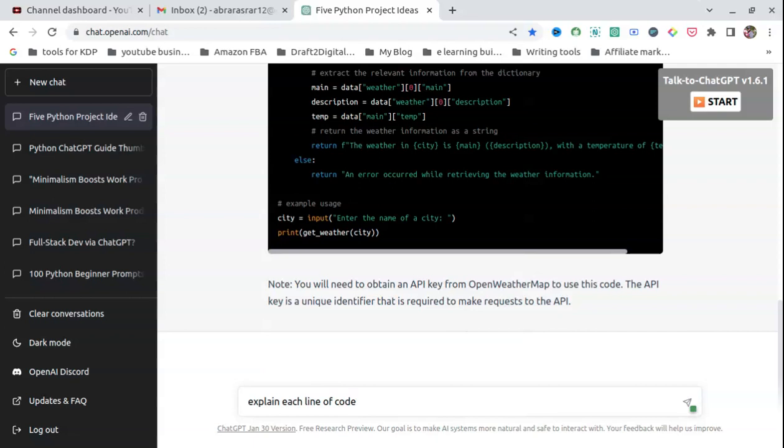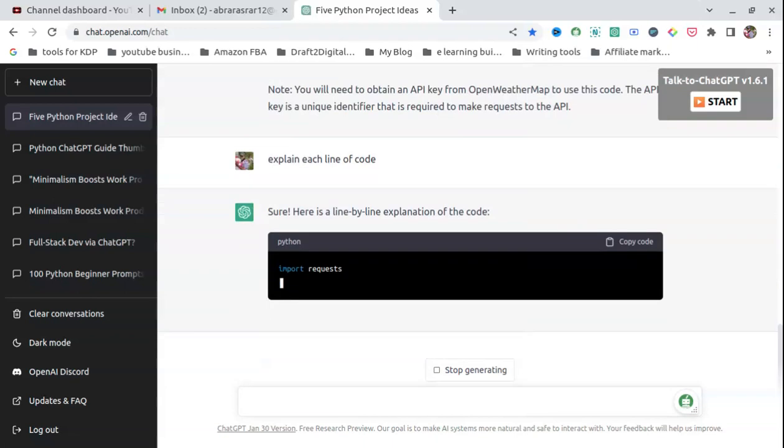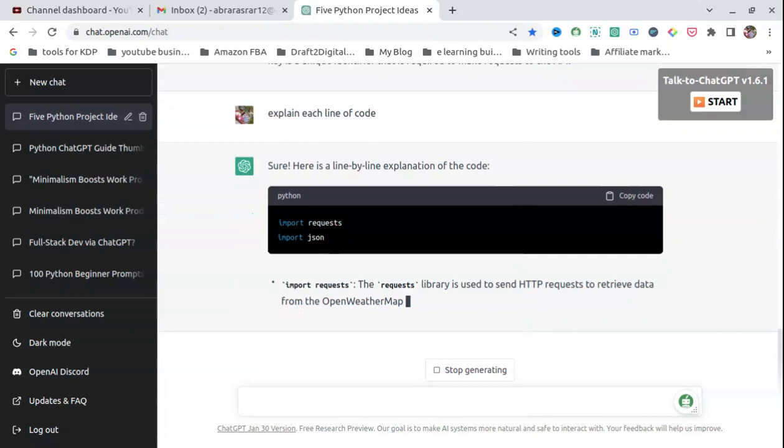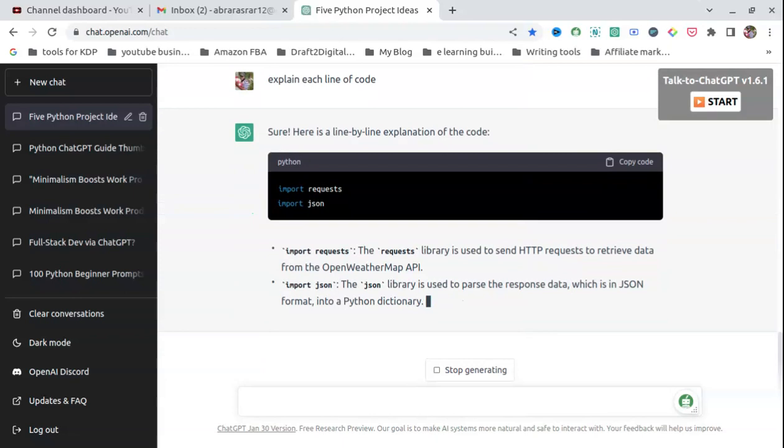There is also a Google Chrome extension to talk with ChatGPT, but when it replies, it becomes a little irritating. So I'm just using the text one. Each line of code. Okay. One thing I like about ChatGPT is that it has a lot of patience, and you can ask all the foolish and silly questions also. It won't mind because it does not have any emotions, right?